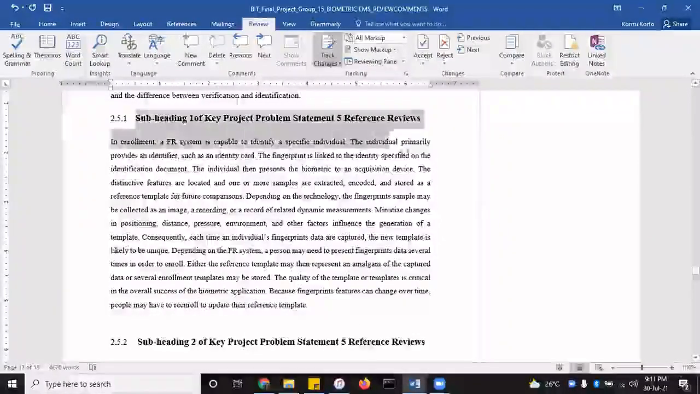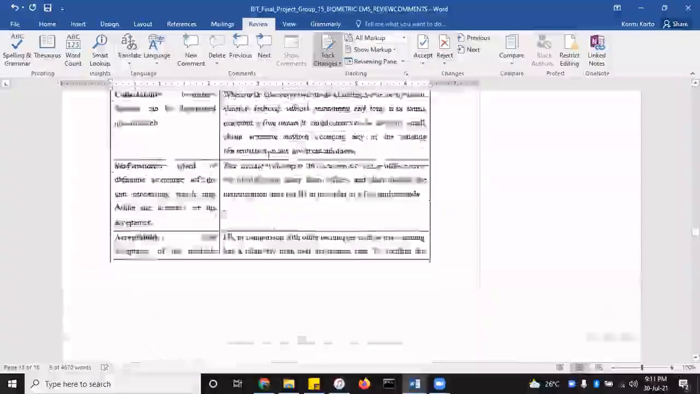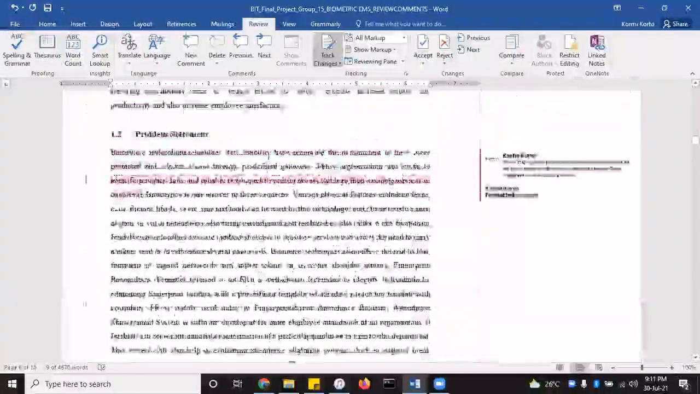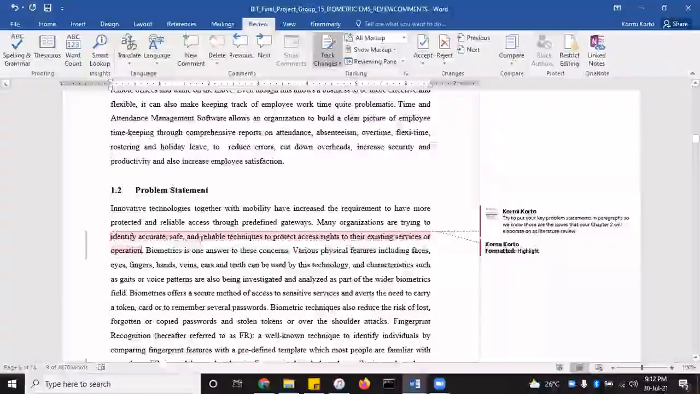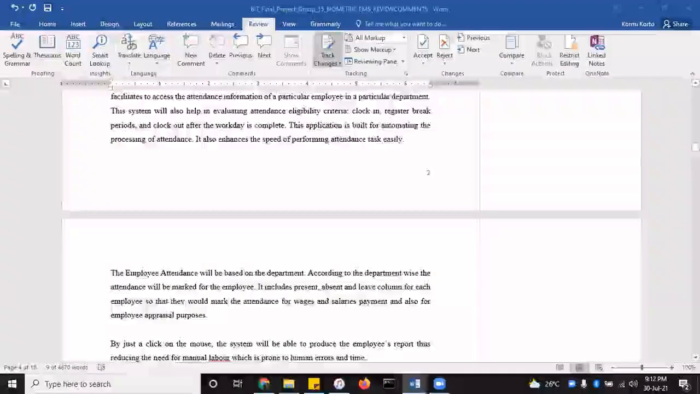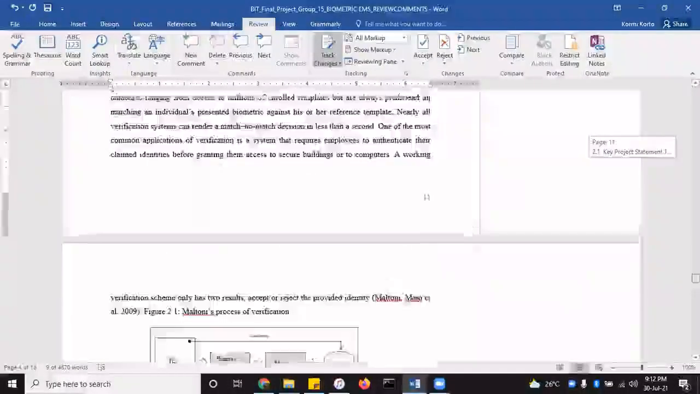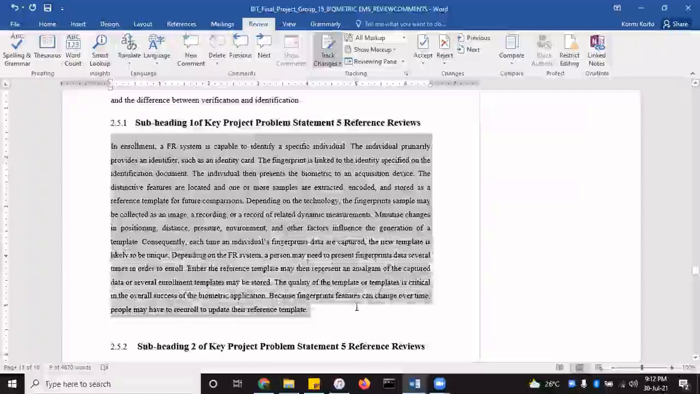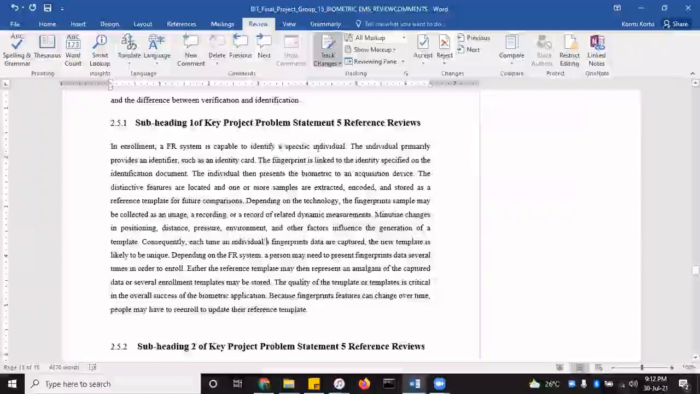So the subheading over here should actually be about... let me go back to this. Should be about the accurate, identifying accurate and safe and reliable techniques to protect access. I'm guessing that's what he's talking about over here on this part of his literature review. So I'm guessing this is all about that part, because I see issues with identification of